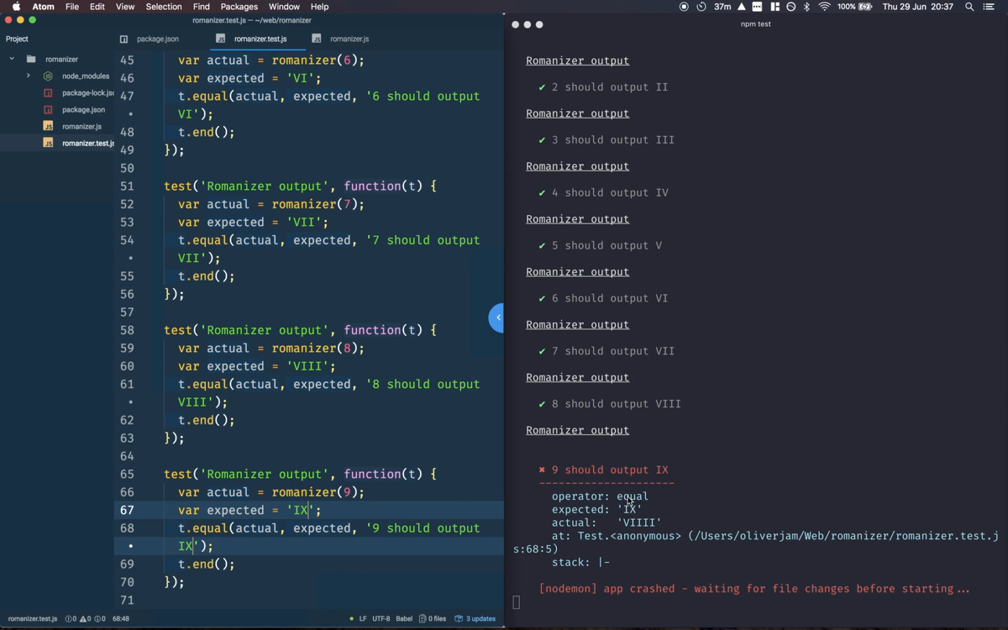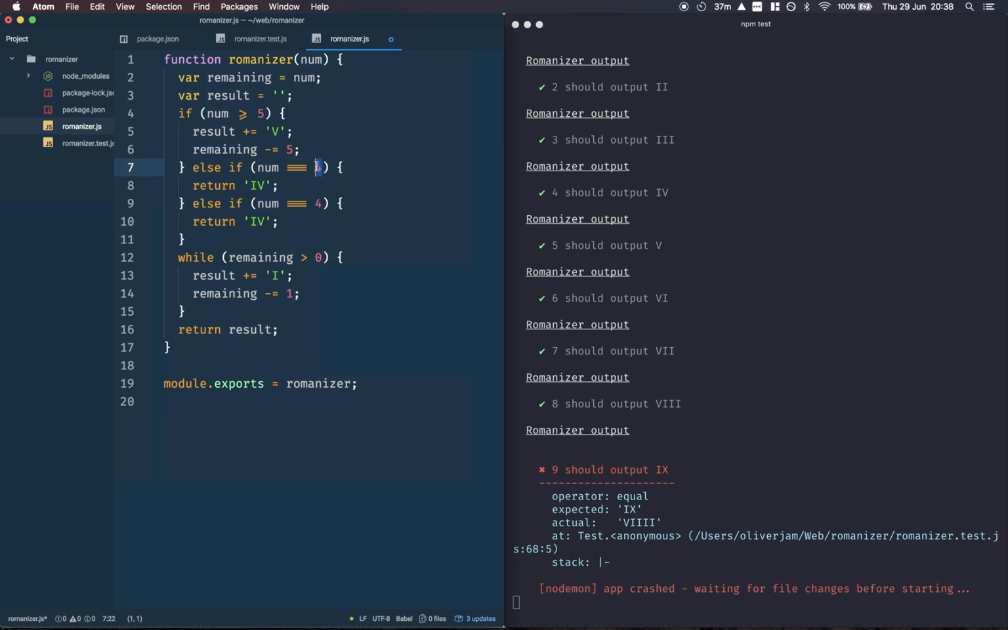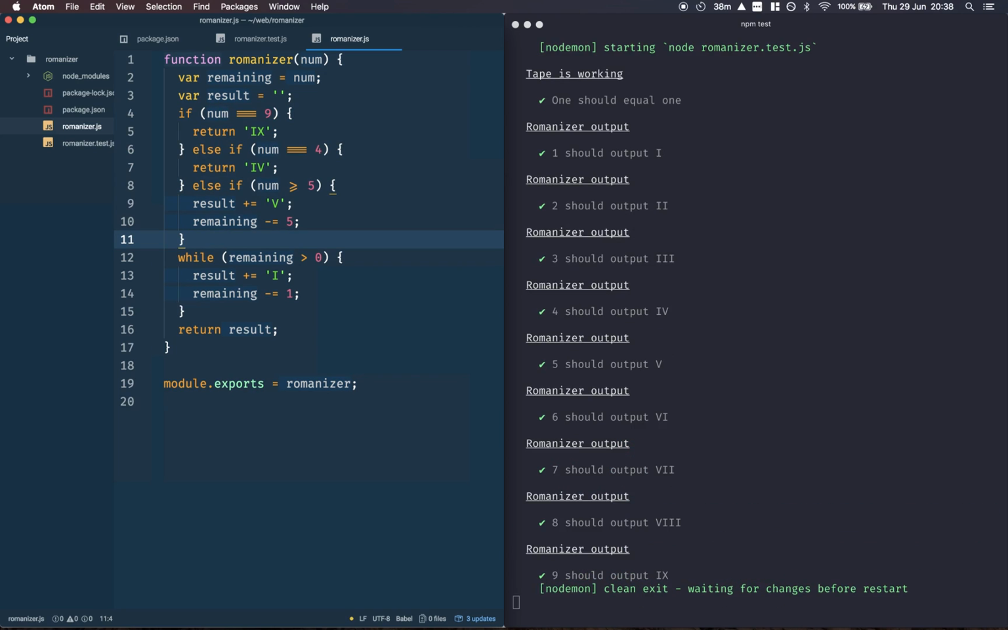Okay, and this is where it goes wrong. So we can add another else if, and this time say 9 and ix instead of iv, and that should hopefully work. It's because we're hitting this. Really, we want this to be after everything else. There we go. So now we are returning ix if 9 is passed in,